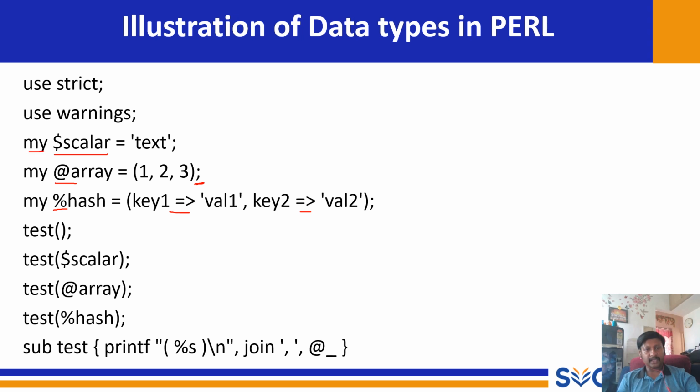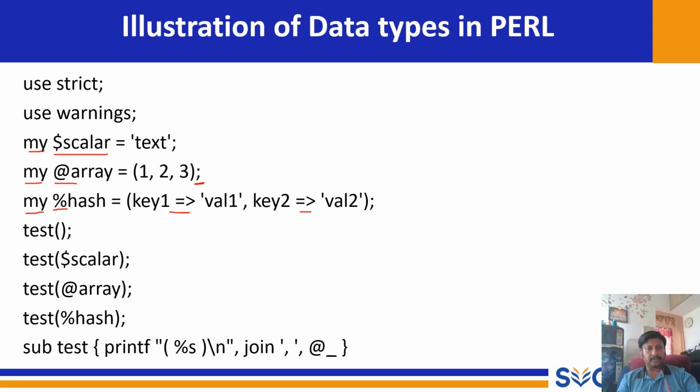And what is this my? My is used if you have multiple collections; you can use my, or you can simply ignore it. Even without my, I am able to declare dollar scalar equals text, at array equals 1 2 3, and percentage hash also. So you will be getting an output, no doubt in that. But if you use more than one scalar or one array, then obviously we use my, especially if you're using multiple functions. Now, let me take you to the